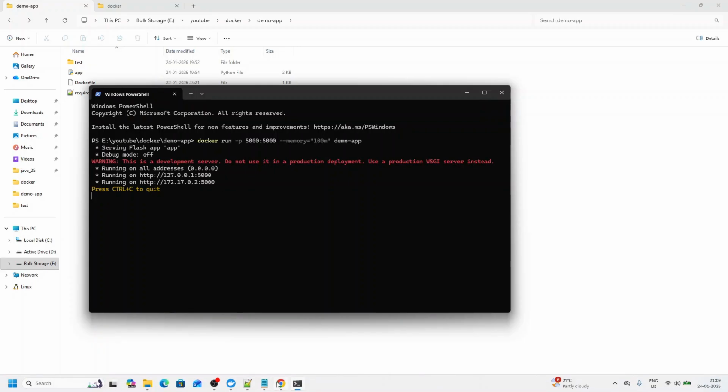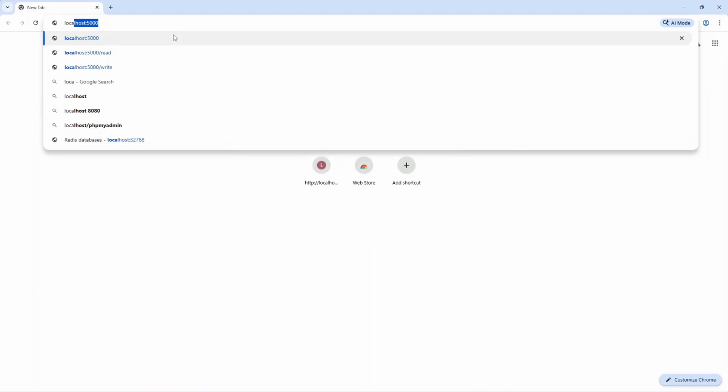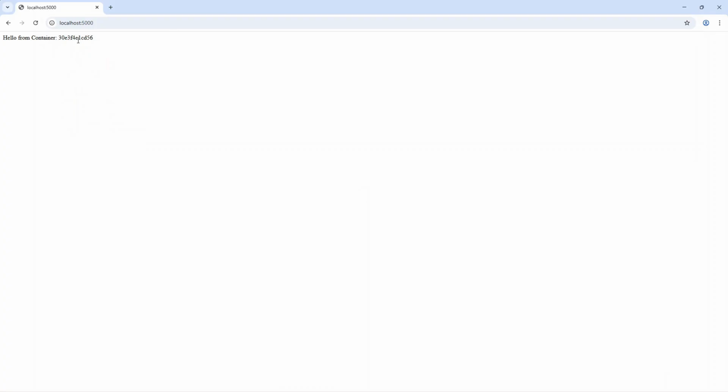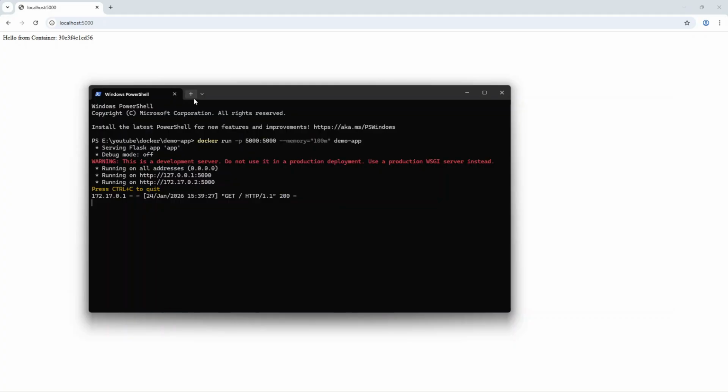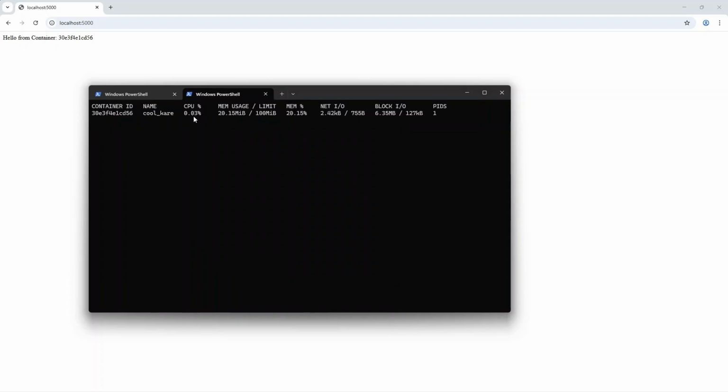Let's verify that our container is running. So localhost:5000. Okay, my container is up and running. And I would also like to check Docker stats. And we have our container running, which is limited to only 100 megabytes of strict usage. Let's see what happens when we try